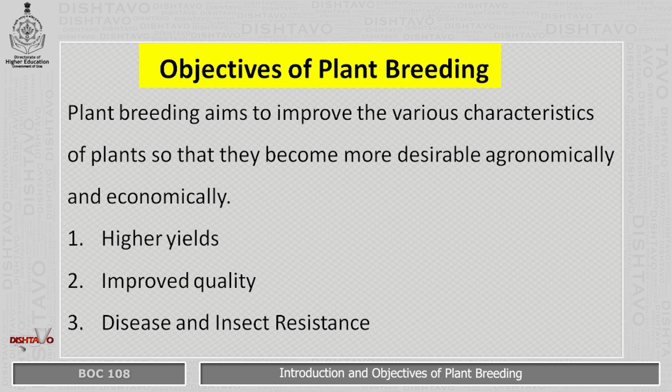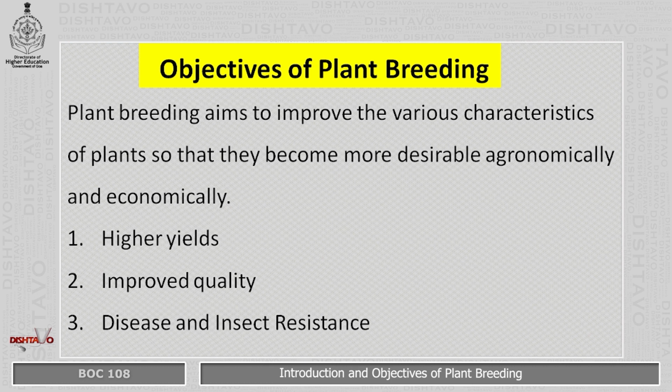Let us see what are the main objectives of plant breeding. Plant breeding mainly aims at improving the various characteristics of plants so that they become more desirable agronomically and economically. Some of the most important objectives of plant breeding are: it helps in having higher yields,